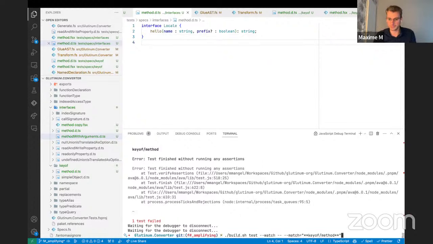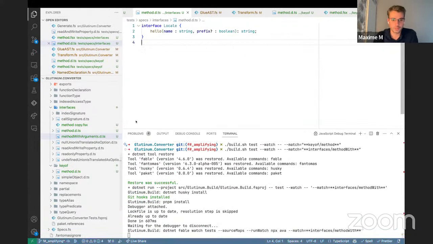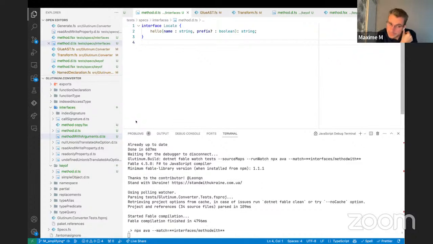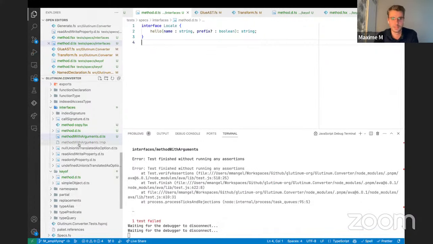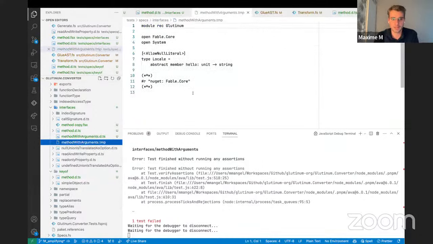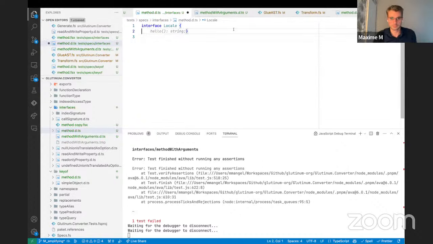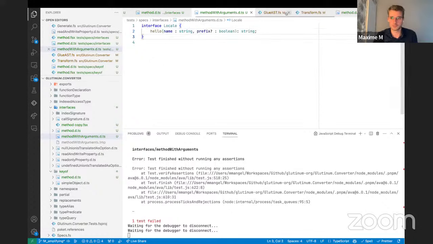And we can focus on this test again. So method with something. And we will wait for the test to propose a file generation and see if it's looking good. And if it does, then we can accept it. I did the same mistake as always. I updated the wrong file. So if we update this file and run the test again,